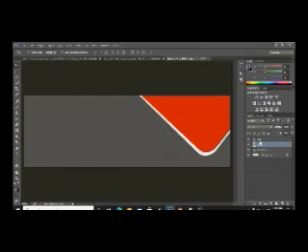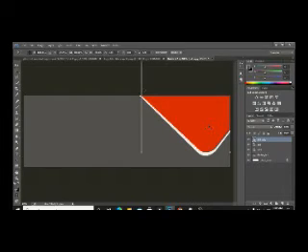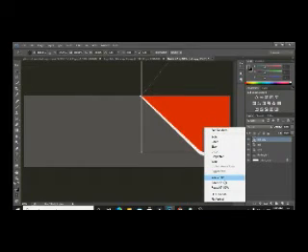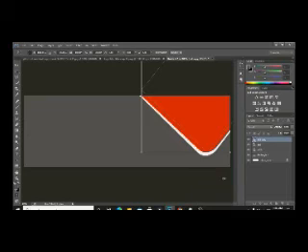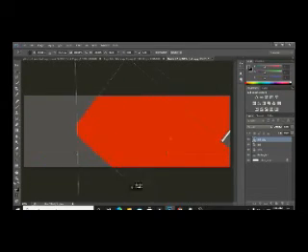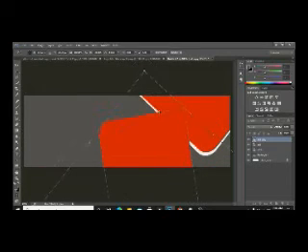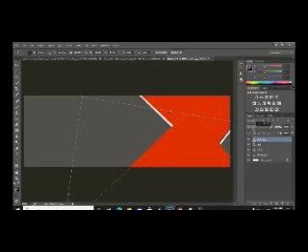Now it's up to you. If you want to take a copy of the red one, you can take it. I am going to take a copy of the red one. Okay, Ctrl J again, and then press Ctrl T, and this time left click and rotate 180 degrees. You can see it, and just rotate it like this. Okay, and I'm going to move the position of this. Basically what I want is this side on the upper side like this. You can do it like this. Yeah, I'm good.